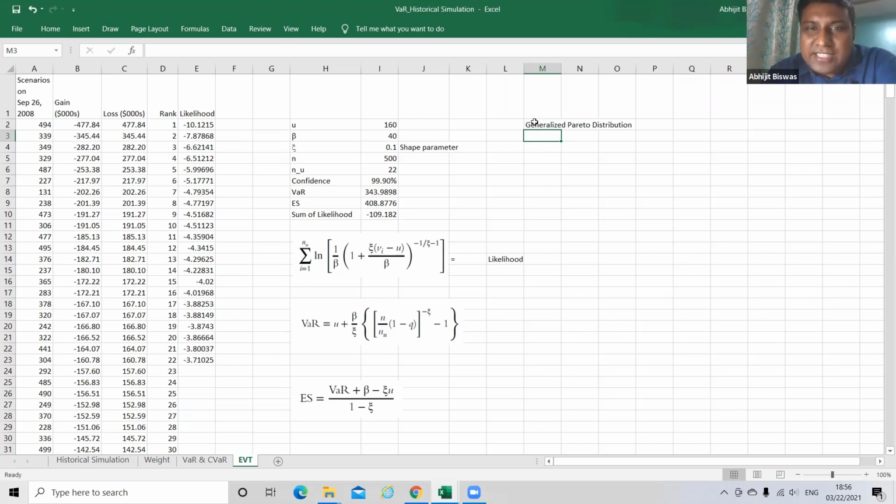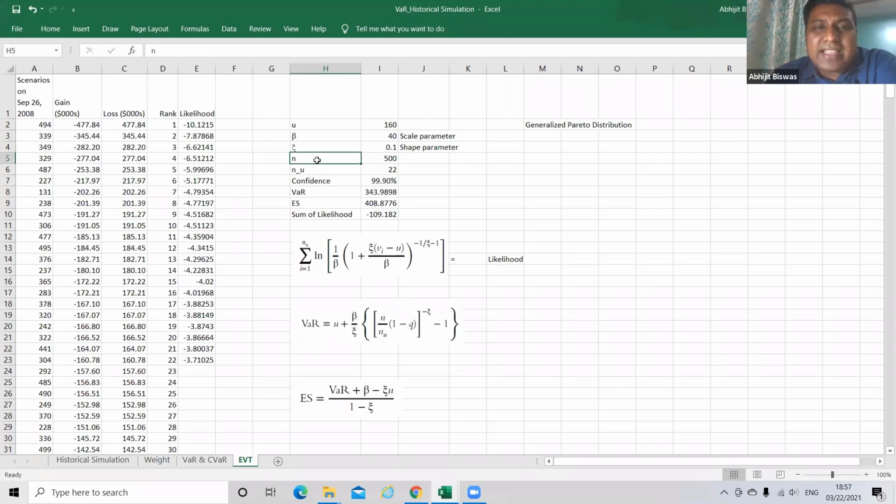Okay. And in this distribution, beta is known as the scale parameter, and xi is known as the shape parameter. The scale parameter means what? The higher the magnitude of the extreme values, the more will be the beta value. That is why it is called the scale parameter. And this is the shape parameter. That means if it is normally distributed, this xi will be 0. Otherwise, it generally tends to vary between 0.1 to 0.4. So these are the two things.